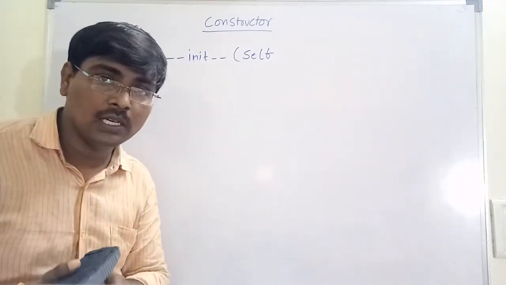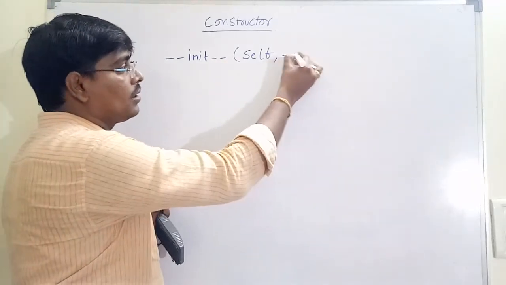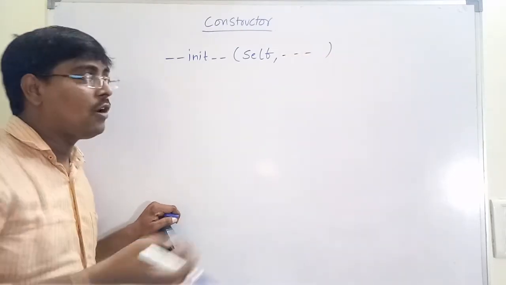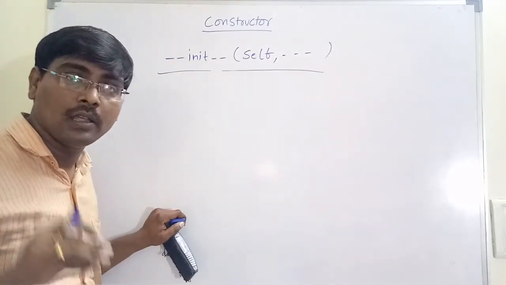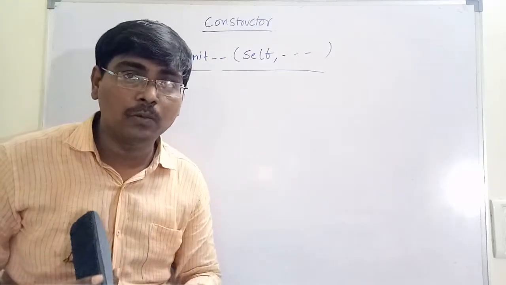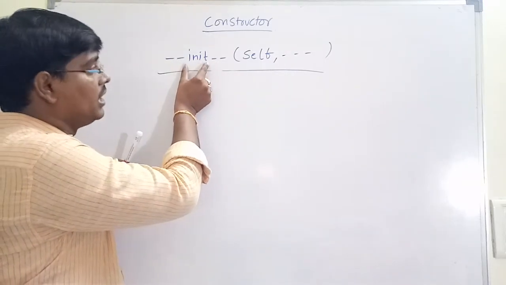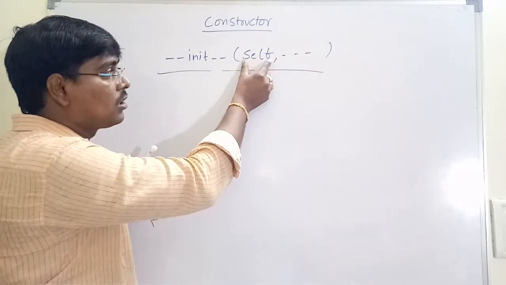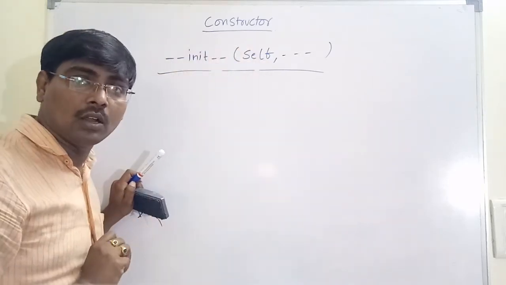We are creating an object. For that object, this constructor is called, followed by any number of arguments, depending on the object definition. This is the creation of constructor. So simple point: constructor is used to initialize the instance variables of a class. The syntax for creation of constructor is by using the __init__ method. It can contain any number of arguments, but the first argument must be the self keyword.